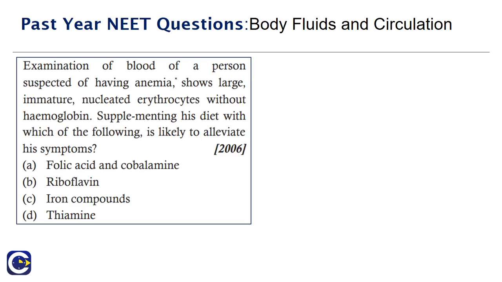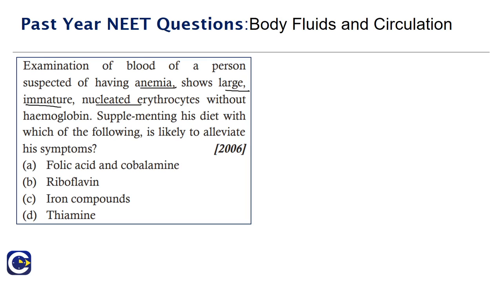Examination of blood of a person suspected of having anemia shows large immature nucleated erythrocytes without hemoglobin. Supplementing this diet with which of the following is likely to alleviate his symptoms? Option A, folic acid and cobalamin. Option B, riboflavin. Option C, iron compounds. Option D, thiamine. We know that the maturation of nucleus and the maturation of erythrocytes and enucleation of the erythrocytes